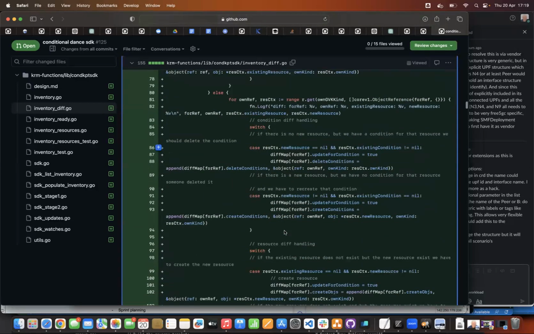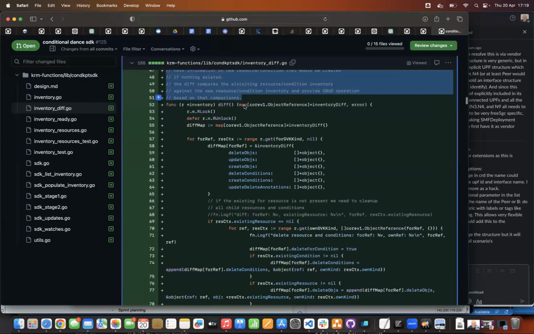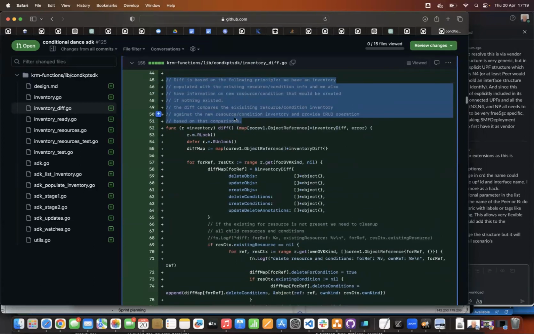So that's a bit the code behind. But I also try to explain in the comments here the principle behind, right? We have an inventory populated with the existing resource condition info. We also have information of new resource condition that would be created if nothing existed.